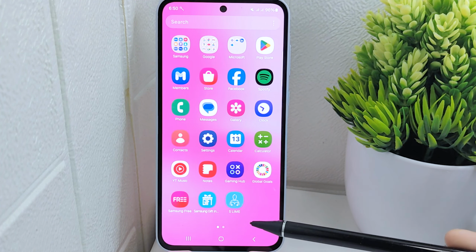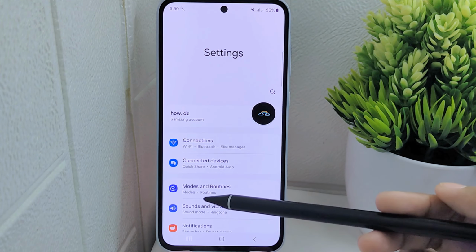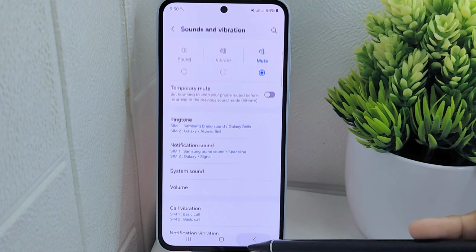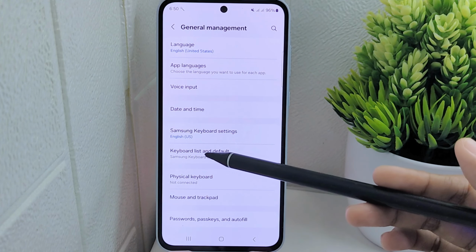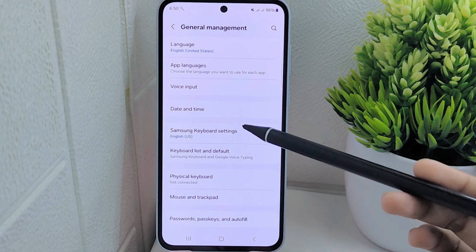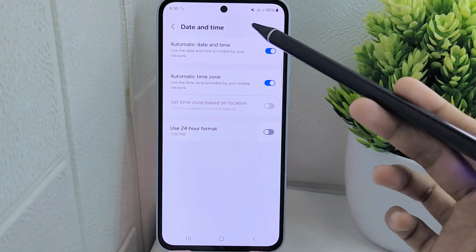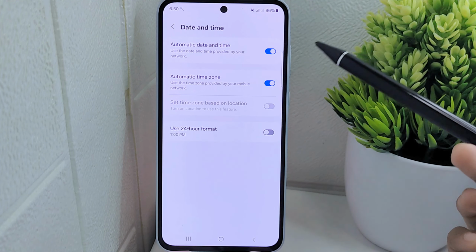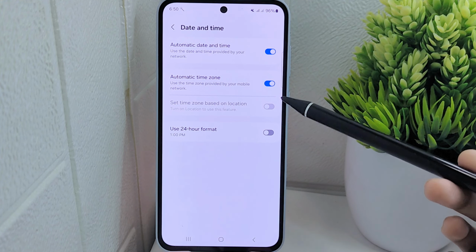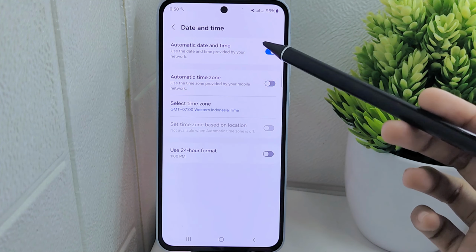To begin, access the settings menu on your device. Okay, so here scroll down and select the General Management option. Within this menu, locate and select the date and time settings. And here you'll find two options for setting the date and time automatically on your device. If you prefer to set the date and time manually, toggle off the automatic settings and click on Set Date